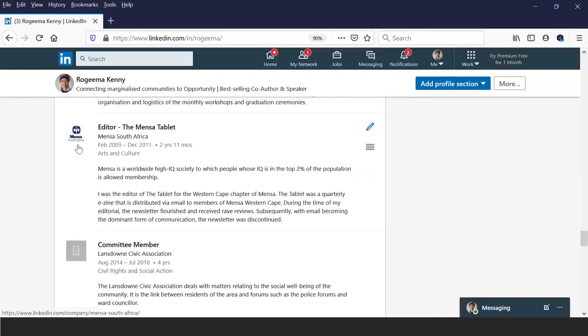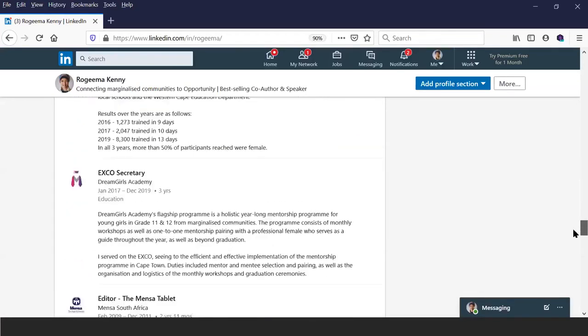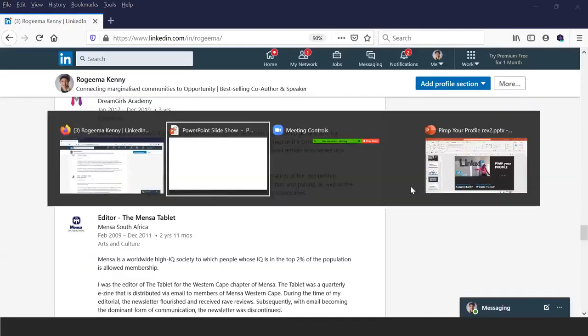Mensa is actually on LinkedIn, so they have an icon, like the profile icon. So it looks nicer, and they're going to show the first couple of projects, or the first couple of experiences first. So I want them to see the ones that look nice first, and also that showcases the skills that I want to showcase. And then afterwards they can see the rest. So this is also something that you can use to enhance your profile, especially if you don't have those things in your formal work experience. Just a nice place to add it.